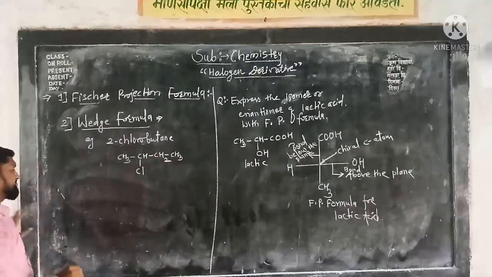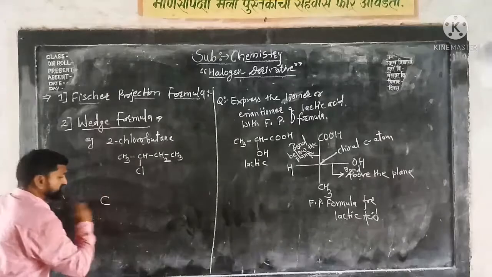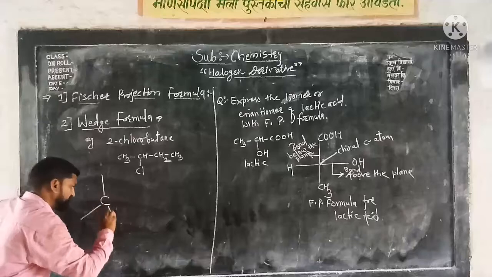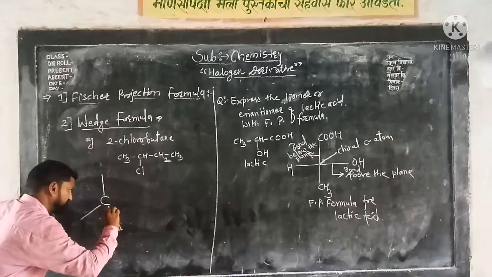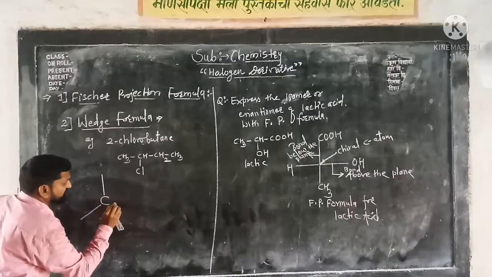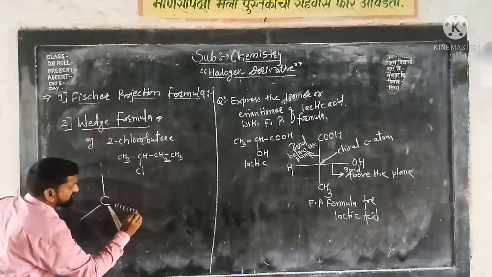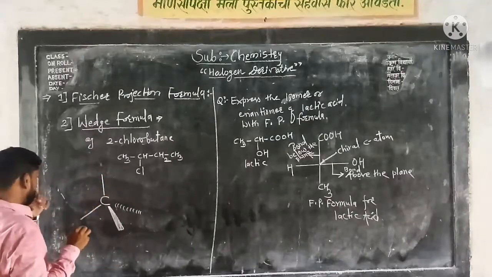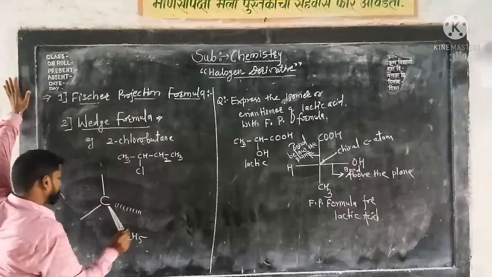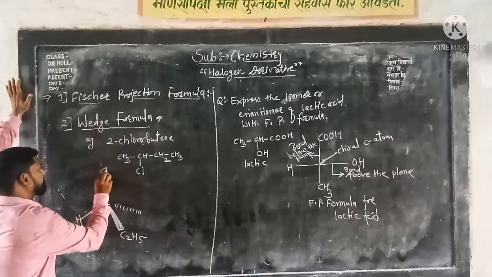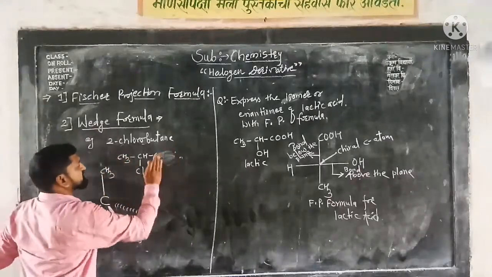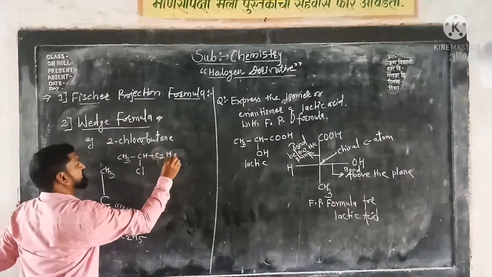Okay, so everybody see here what happened. This is your carbon atom. After that, its tetrahedral structure is like this. See here carefully what I am saying. Okay, so here C2H5, here your hydrogen, here your CH3, and here your Cl. Got it? This C2H5 is nothing but this one. You can easily write like this also, no problem.